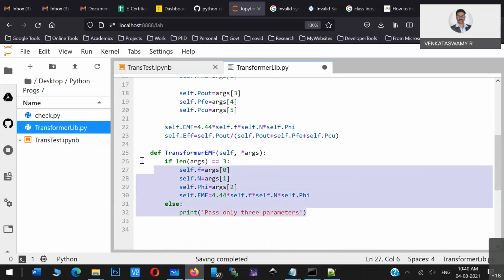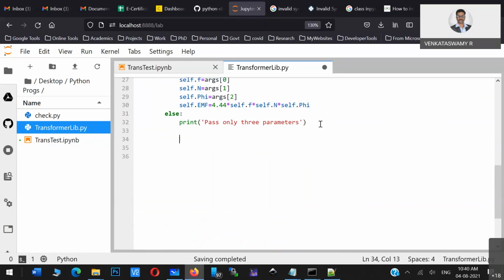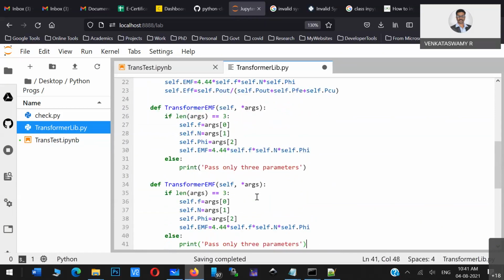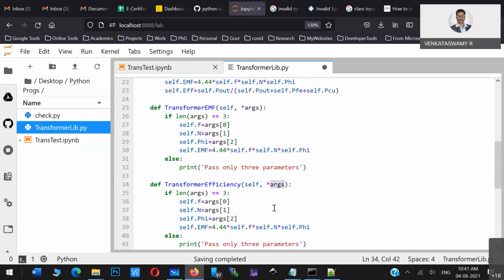Then I'll go for defining a function now. Assume that I don't want to define anything in the function. I just want to create my own member function. So now I created transformer efficiency as a member function. So you will be passing some arguments.